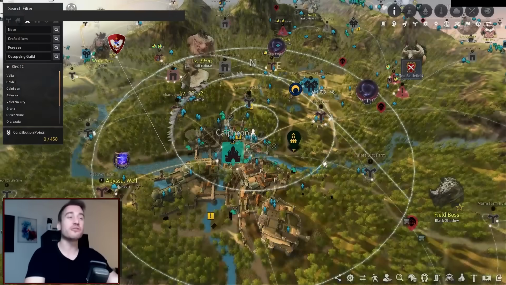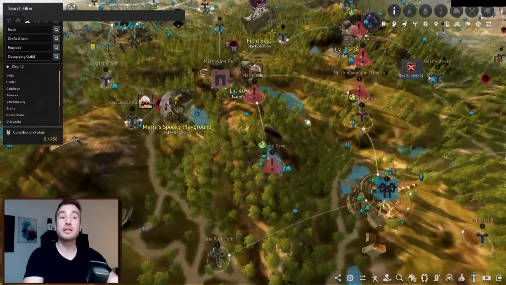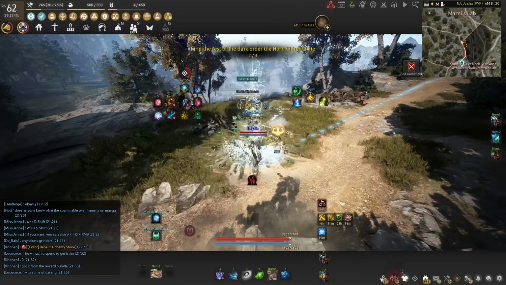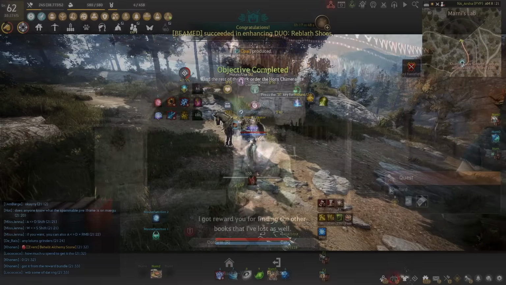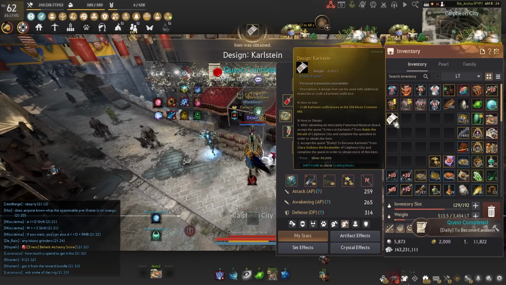The quest sends you over here, south of Karlstein to the Mani Lab area to kill chimeras. You need to just kill a bunch, you need 3 drops. Sometimes you just need to kill 3 mobs, otherwise you need to kill like 15, but just go there, you one-shot them anyway. You complete the quest and you get the design, and now you can keep making those costumes